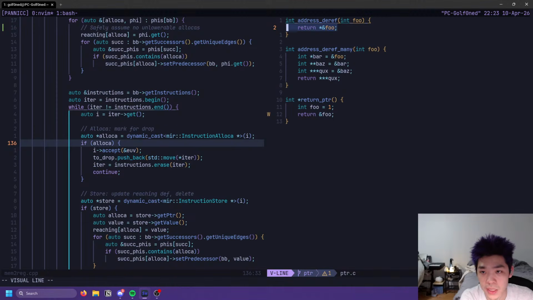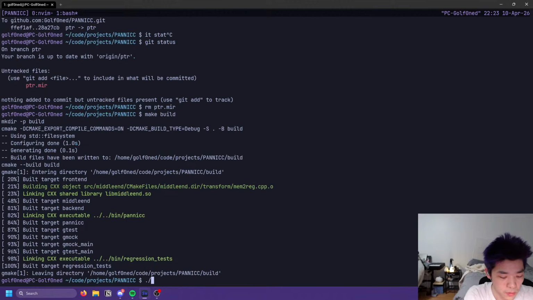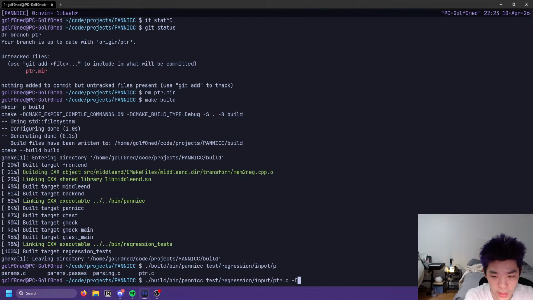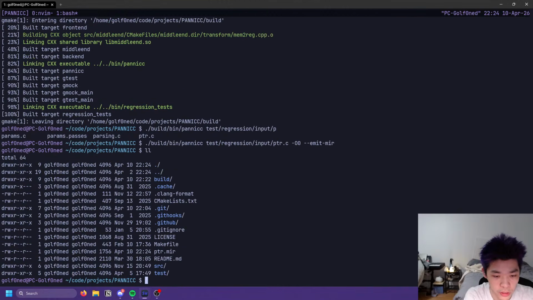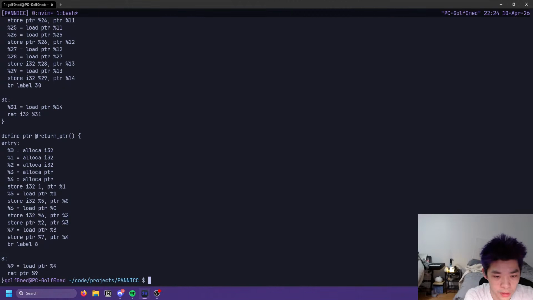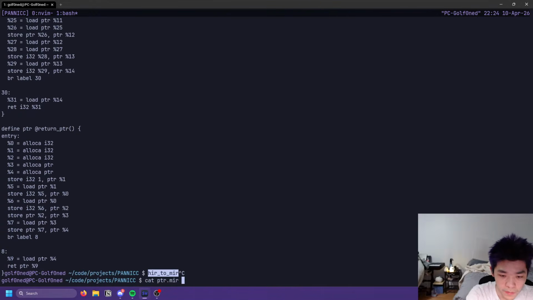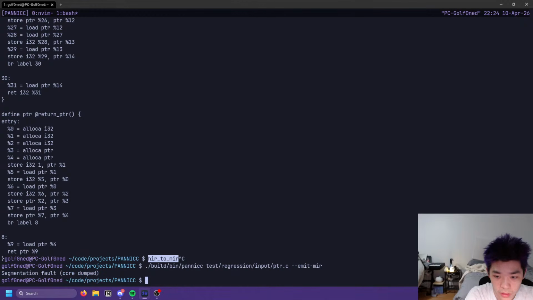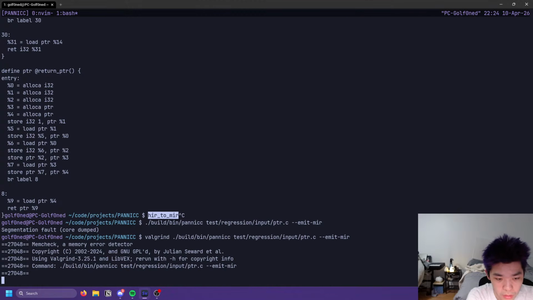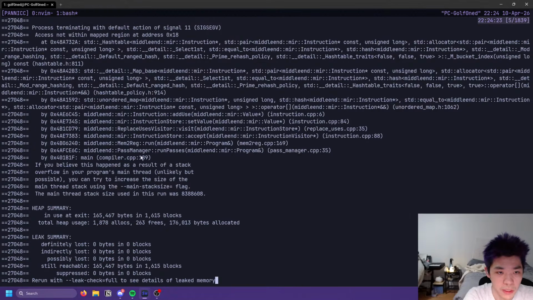Okay, so this is the test, or I think this was the test I was looking at. So build bin panic test regression input putter. So if we do O0 and then emit MIR, which is our optimizer language, if we look at putter, yeah, so this all looks fine. So now if we run it with O1, or I guess it defaults to O1, we segfault. And if we valgrind it, I guess this means that still doesn't work, but